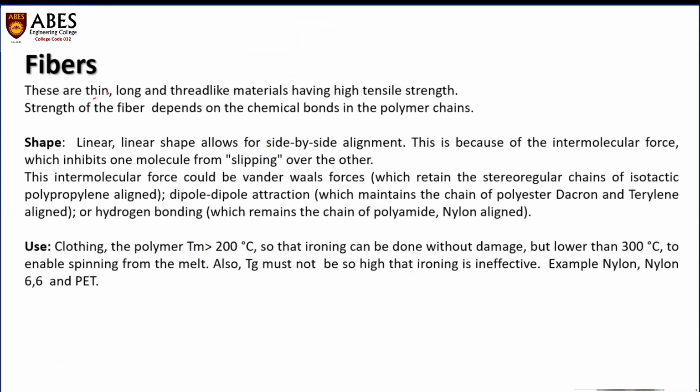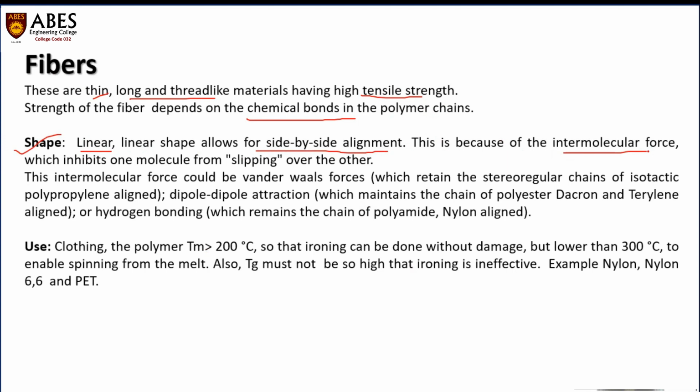Fibers are basically thin, long, and thread-like materials which have high tensile strength. The strength of a polymer basically depends upon the chemical bonds present in the polymer chain. The shape is basically linear, and the linear shape allows the polymer chains to align side by side. This alignment is due to the intermolecular force which inhibits one molecule from slipping over the